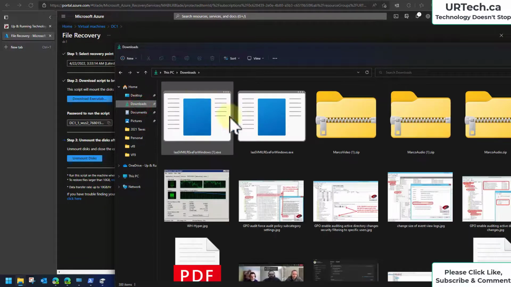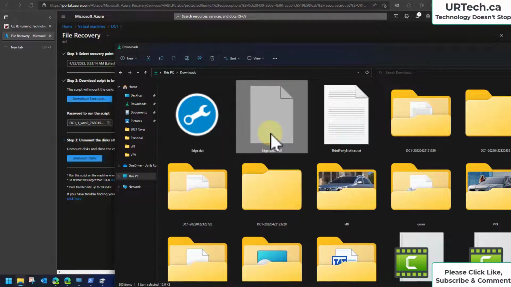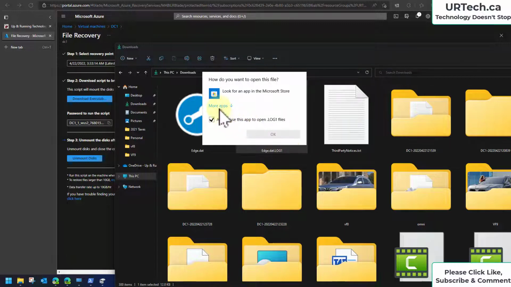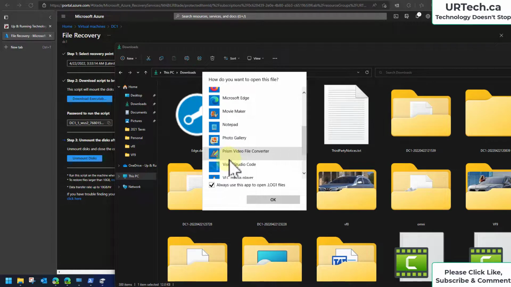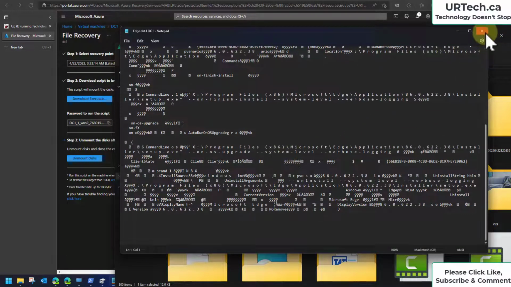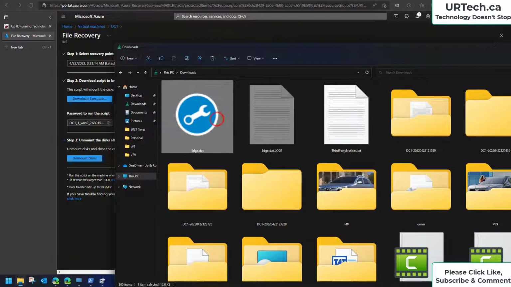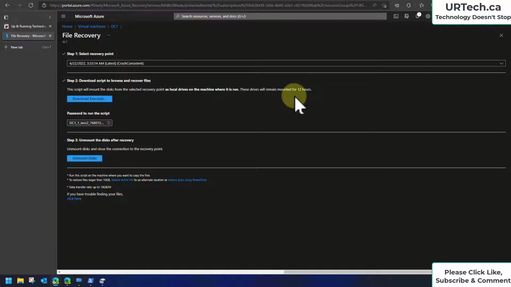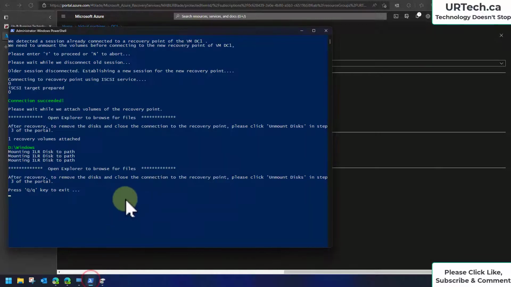Now let's go to my downloads. There they are. Let's open this log up. Okay, it's just a bunch of garbage, but you can see it actually has done the restore. Those are 2 files that I just restored. Now, when I'm done, I go back to my command line, and I follow the instructions, which are, after I'm done, to remove the disks, click Unmount Disks at step 3 in the portal. Now I'm going to press the Q here,